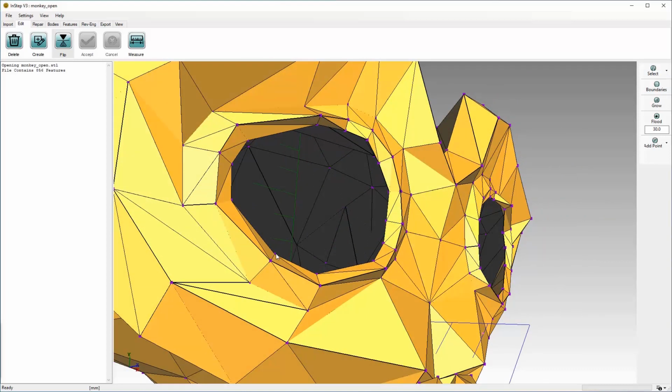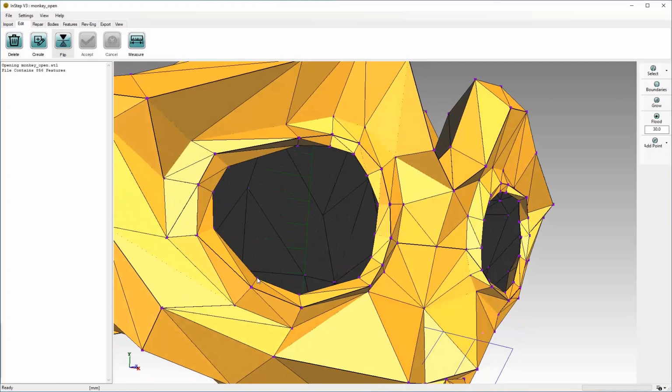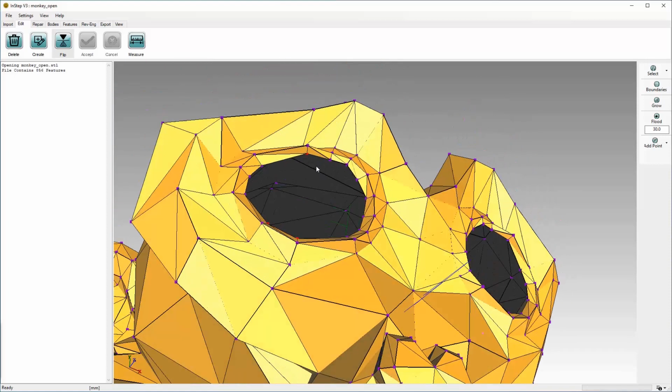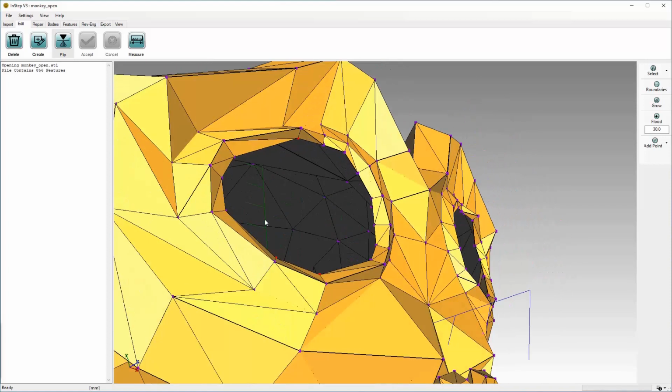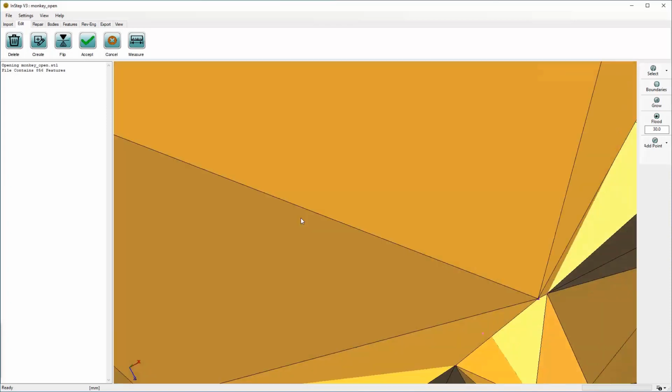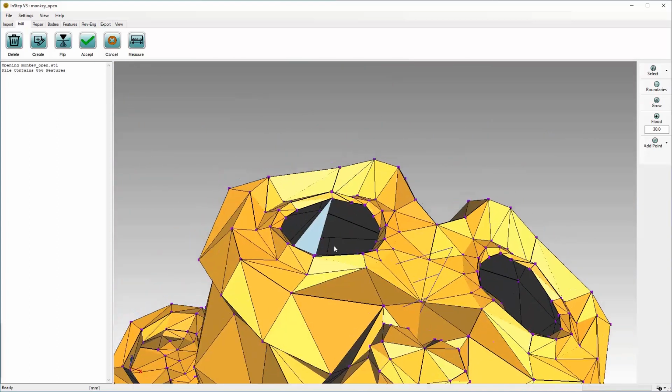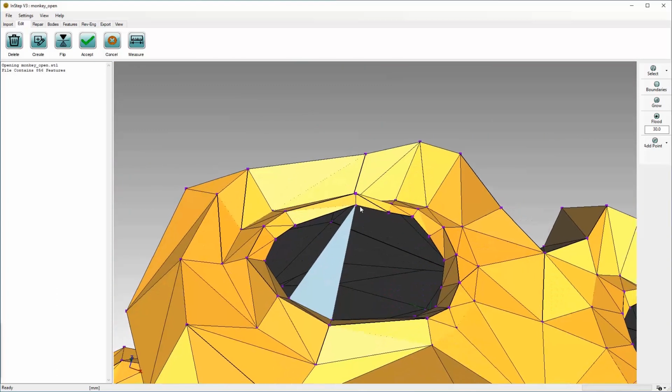Now we can go in, we can pick 3 vertices. That's one, that's another one, and then let's say that's a third one. So we've got 3 vertices selected, they highlight in red, and then we can click the create button and that will create a triangle. And the order in which we pick the vertices is important. If we pick them in a left-hand orientation, so we pick this vertex followed by this, the orientation would be reversed and we'd have to flip them.